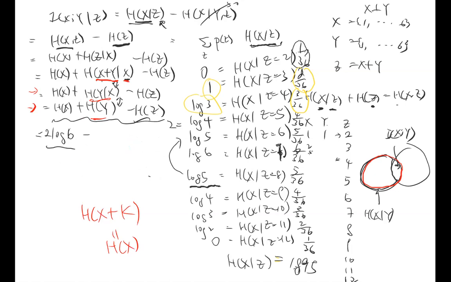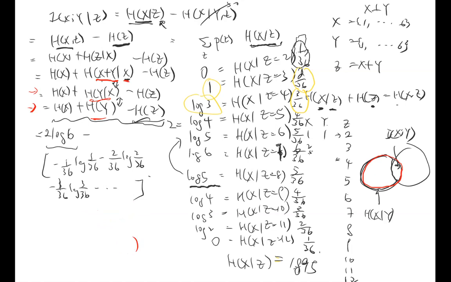So I have, I don't know what that is, but I have log of this whole thing here. I'm trying to find the entropy for this. So this will be something like minus 1 over 36 log 1 over 36, minus 2 over 36 log 2 over 36, and minus 3 over 36 log 3 over 36, and so on and so forth, very long. Okay, yes. And let me double check also. So for that, I can compute H(Z) here. Maybe you guys can try to compute that also. So H(Z) here, therefore, will be,